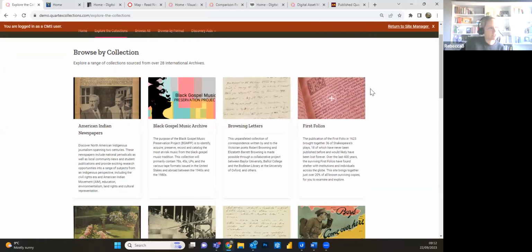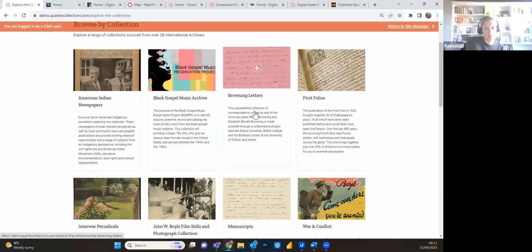So there's no minimum or maximum amount of content that you can put into Quartex. And each of these tiles will link through to contextual information or a dedicated list of materials that are in that collection, depending on how much information about the collection we wanted to or had available to present. So if I click through to the Browning Letters collection here,